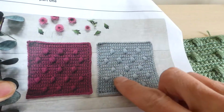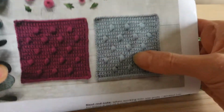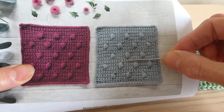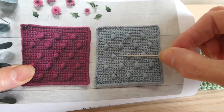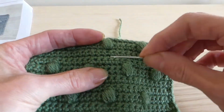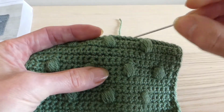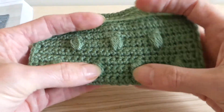If you look at the picture, you can only see 3 rows between each of the bobbles, so you can see there's a ridge there which is the top of the stitch, and then a ridge there which is 2 rows on, and then the bobble seems to go into the one between these 2 ridges. And if you compare it to following the pattern, you've got 2 clear ridges. So I decided that they were expecting you to go in further down, so I changed as I went further up, and here this seems to match the pattern